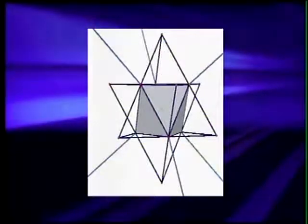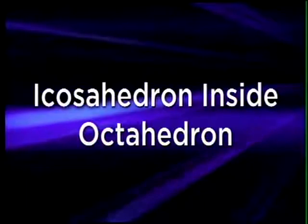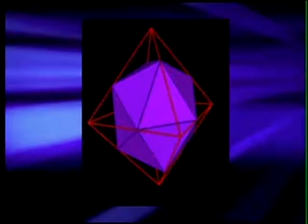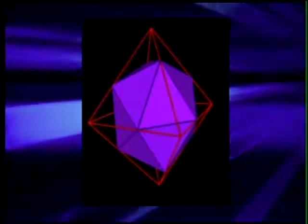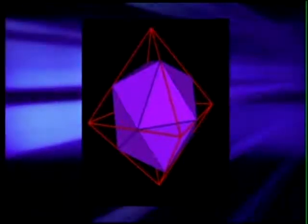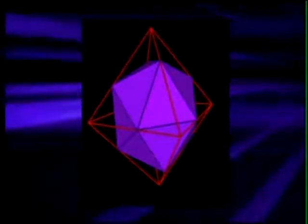And then, last but not least, this is the really tricky one, the hardest one to see: how the icosahedron fits inside the octahedron. This is where you have to do something strange. You can't just bisect the middle now. You have to do it off to the side. So you see there's an equilateral triangle on each of the 8 sides of the octahedron, but you'll notice that we're making this kind of funny triangle inside each face that's offset by maybe 30 degrees. You make those offset triangles on each face and then connect the dots, and inside